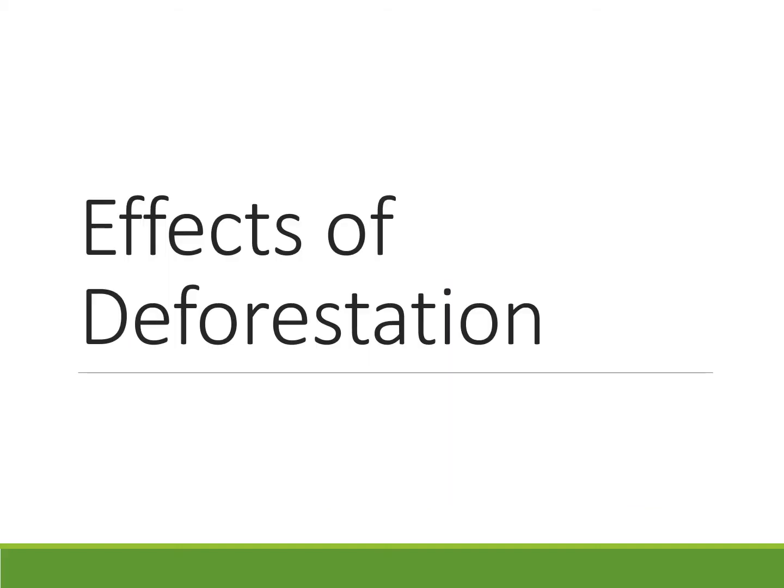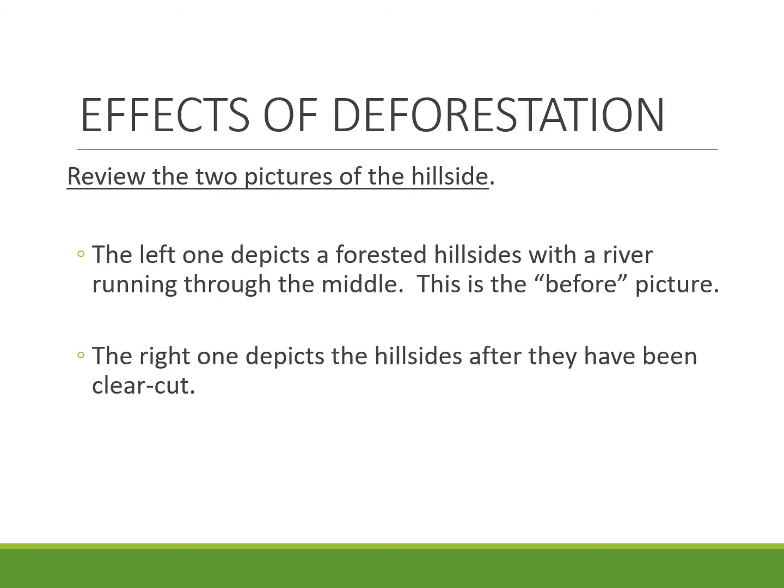So what are the effects? You probably already start thinking like, wow, you cut down those trees, you've ruined habitat for animals. I'm sure some things are going through your head. There are some specific effects that we want to discuss. So I've got this picture that I've already shown you once. On the left, the forest is still there and there's a river down below. On the right is a hillside that's been clear cut. Kind of just check them out and think about how would having the trees affect the area, including the river? How would removing the trees affect the area, including the river?